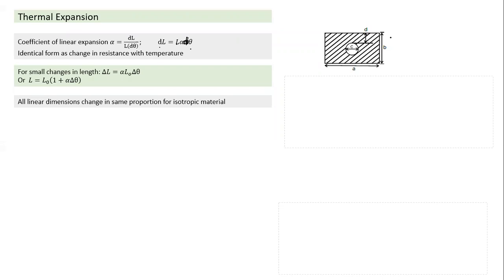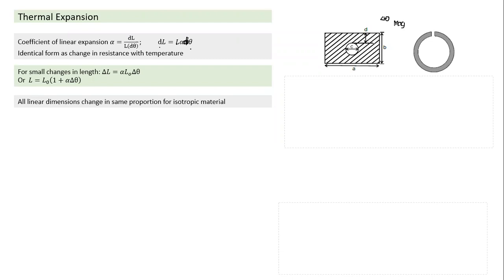All linear dimensions change this way. So whenever thermal expansion takes place when temperature is increased, it is equivalent to looking at the same figure with a magnifying glass, which is magnifying the whole thing by a proportion given by alpha delta theta. That's the fractional change in all linear dimensions. So not only that, the hole also changes, the hole's distance changes. We can take one more example. And the reason is very simple.